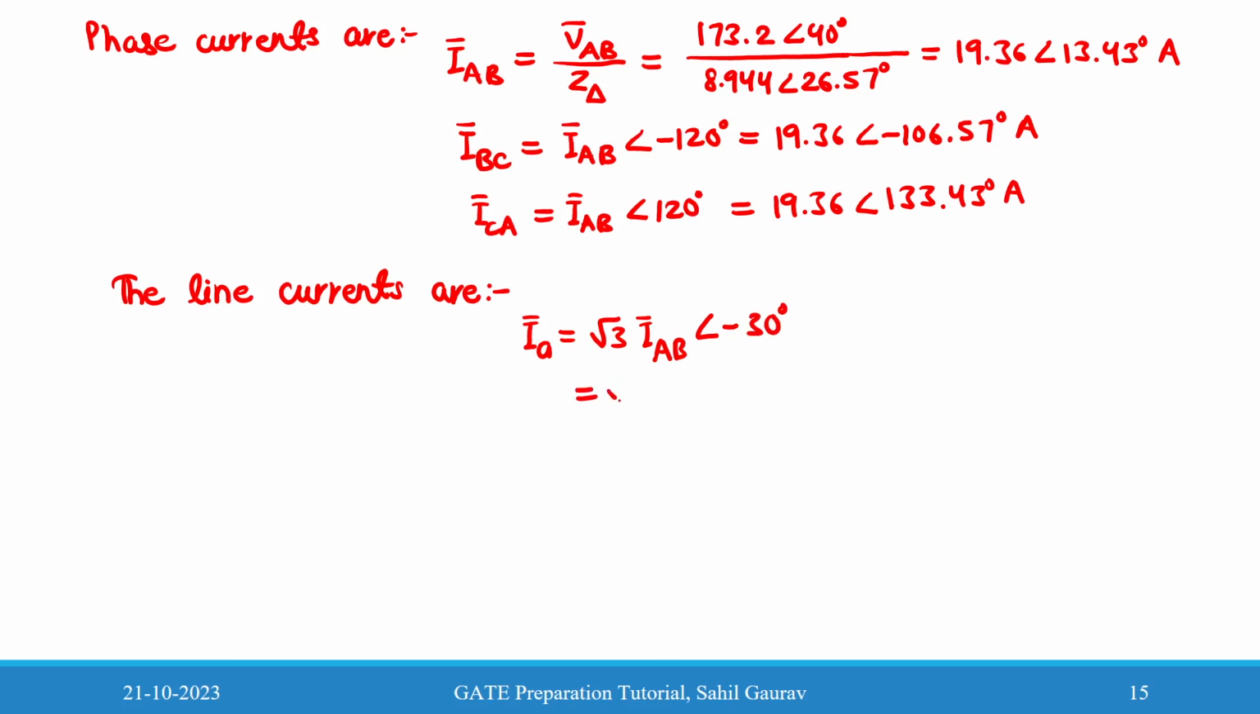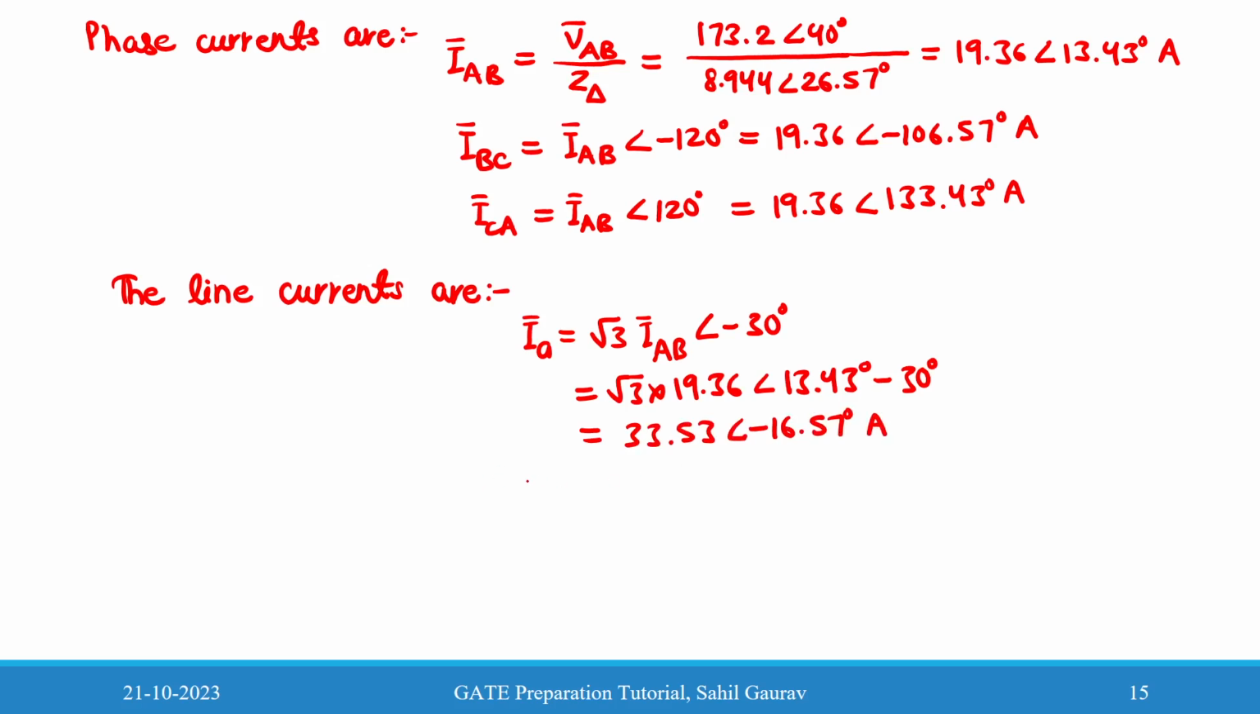So it will be root 3 times of 19.36 at the angle of 13.43 degree minus 30 degree. So it will be 33.53 at the angle of minus 16.57 degree ampere,